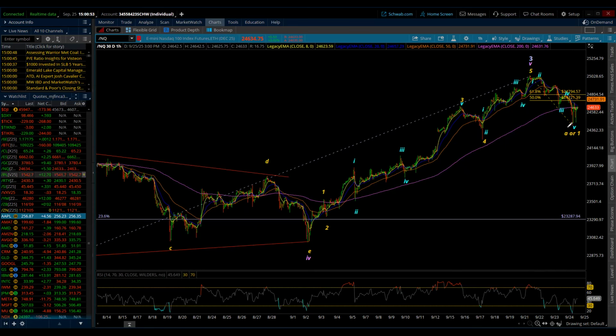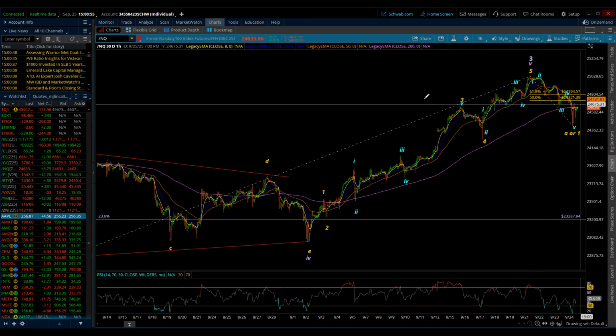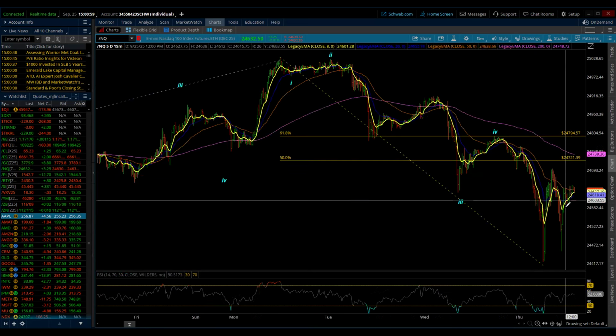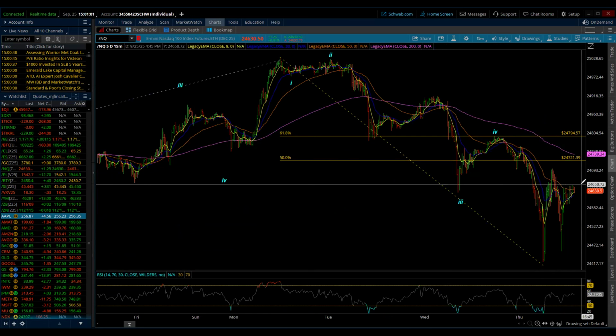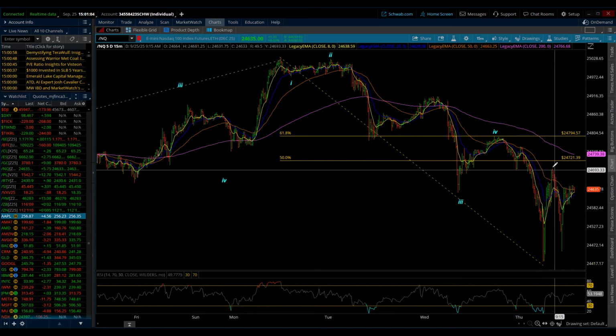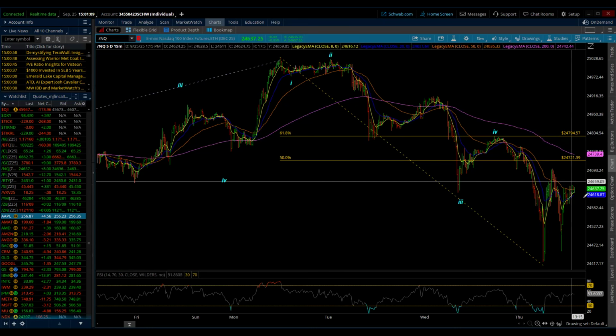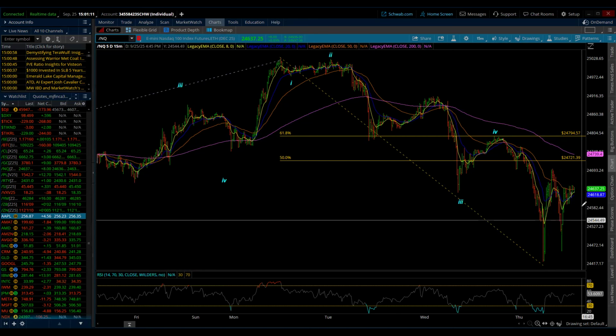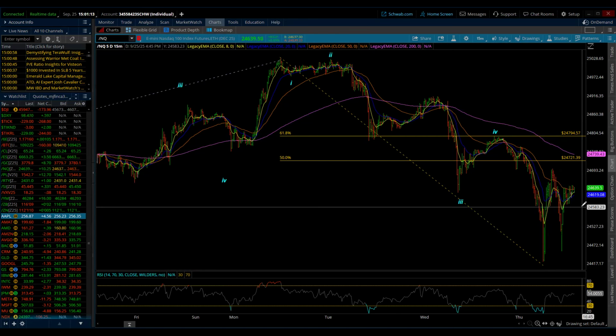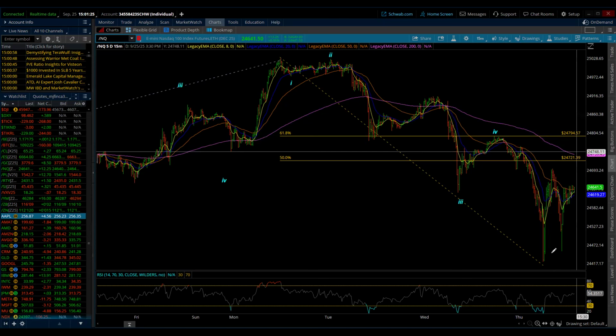So I would look for this continuation to the upside to finish this B wave. Now, the other side of that coin is that that's the B wave, or that's the wave two. And this is one of the next leg down, and this is two. And then we're going to come flying down. That's if we were to start to drop with some strength and just start cutting through all the bids and just start dropping without looking back. That would be what my call would be on that.